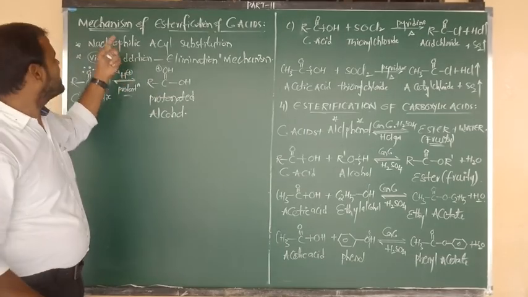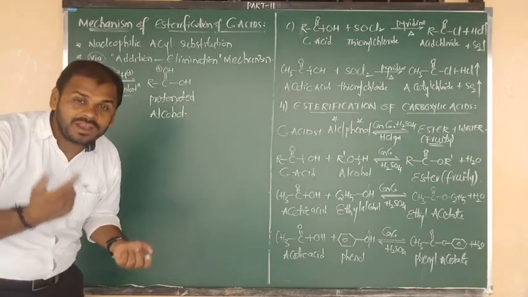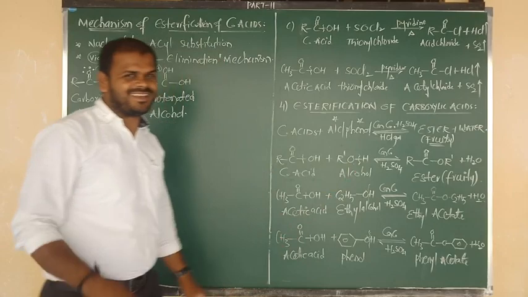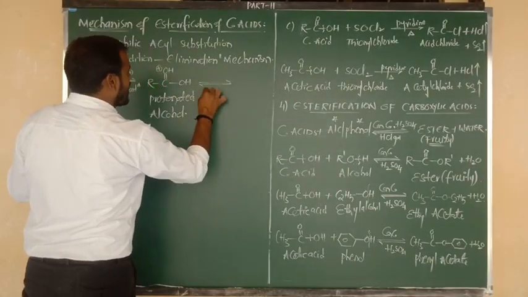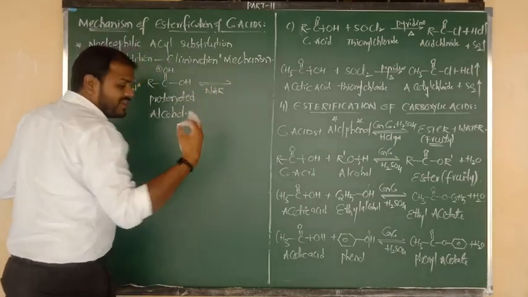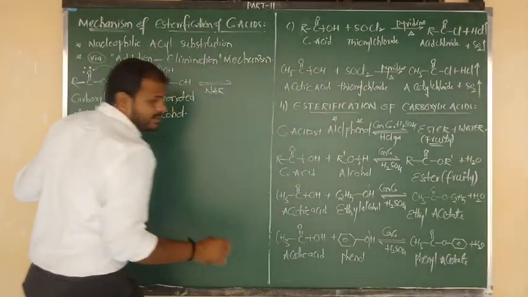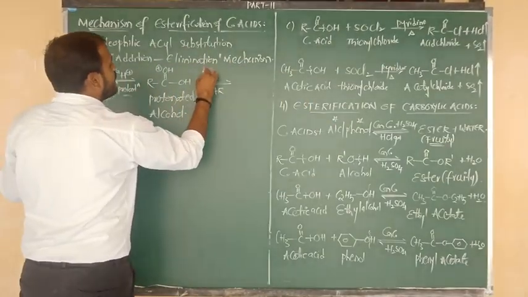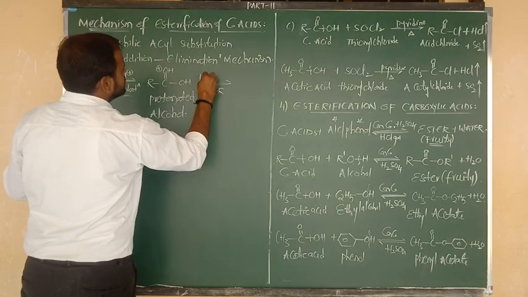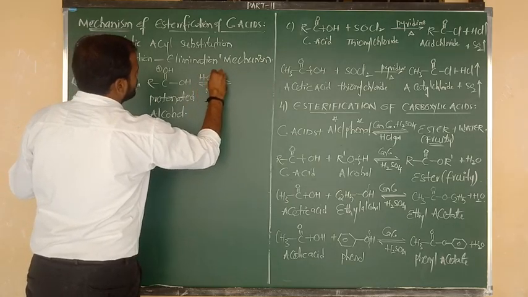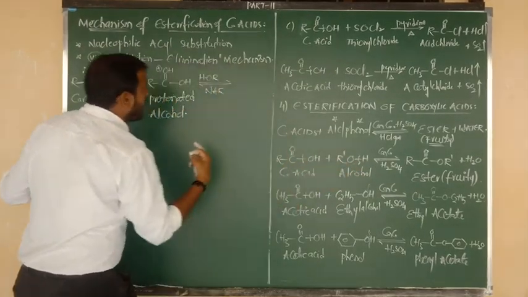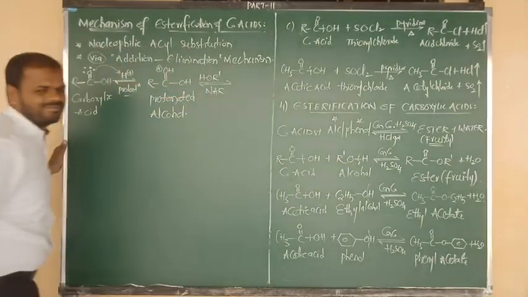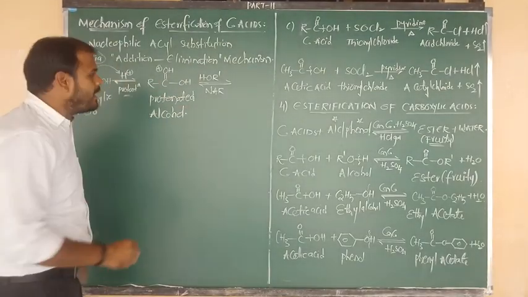Now such protonated alcohol undergoes which process? Addition. Which addition? Nucleophilic addition of alcohol. Yes, step 2 is the nucleophilic addition reaction. Alcohol addition takes place; if you want, you can do phenol addition as you wish. Let me consider alcohol: H bonded to O bonded to R. What is the formula we have written? HOR prime. HOR prime.